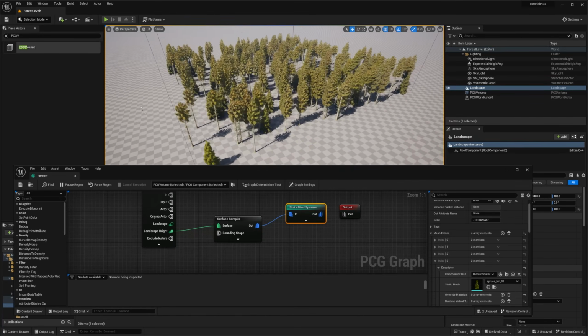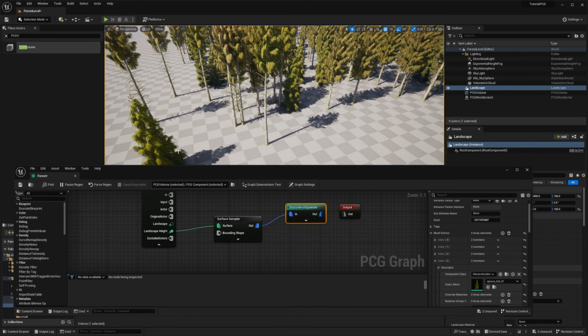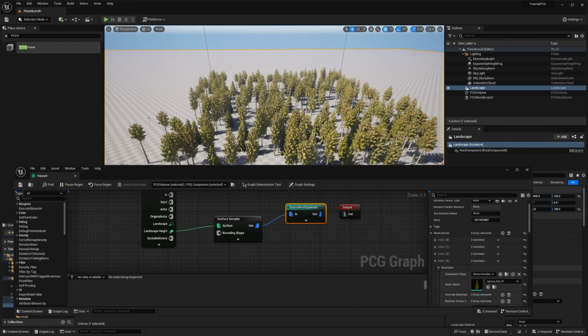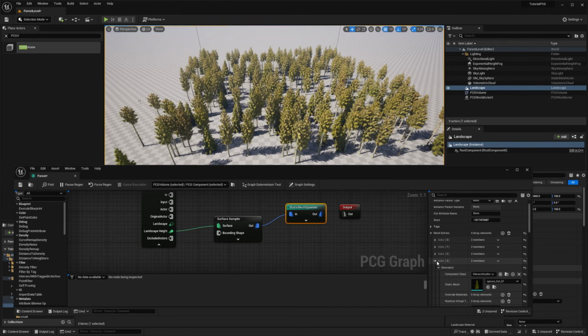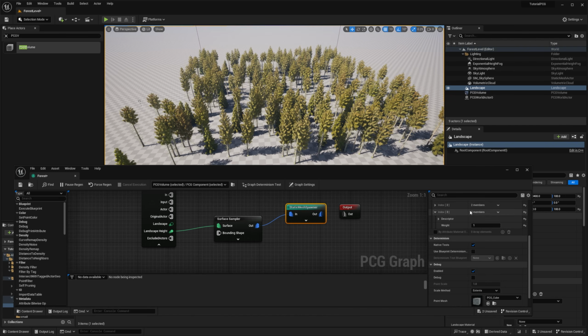Last one. And what if I wanted to have this kind of trees 50% of the time, and this kind of trees 50% of the time? So if I just increase the weight of this one to 3, the sum of all the weights will be 6.